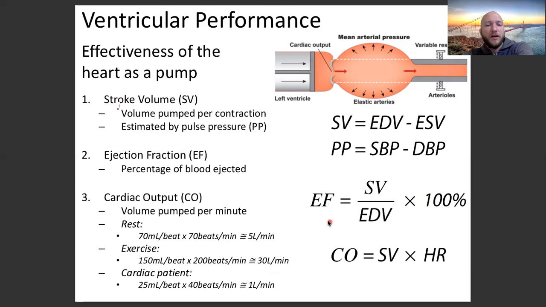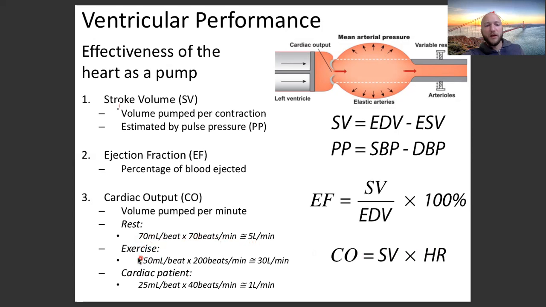Times 100. Cardiac output is the volume of blood pumped per minute. It has two main variables, stroke volume and heart rate. Stroke volume is how much gets pumped per beat, and heart rate is how many beats there are per minute. How much gets pumped per beat and how many beats there are per minute will give you cardiac output. At rest, we might have 70 milliliters pumped out per beat, at 70 beats per minute. About 5 liters would be an at-rest